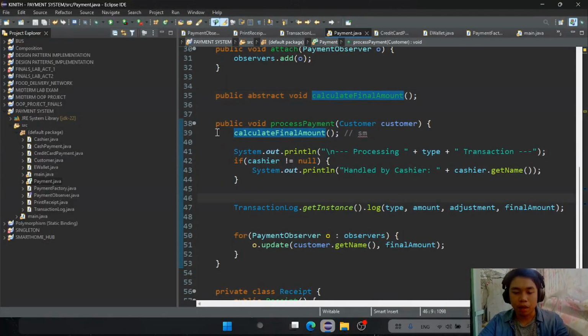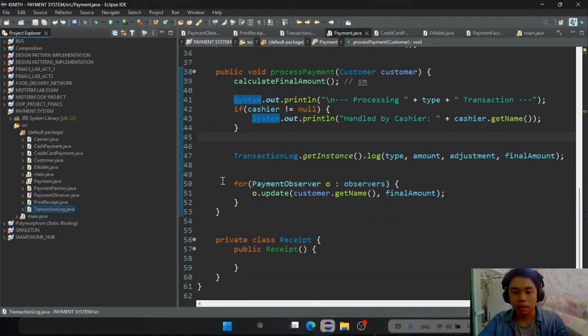The print statement is just for the organization of the first output. Then we call here the TransactionLog getInstance to log the transaction in the transaction log.